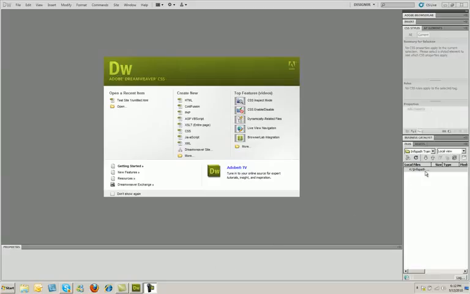You're also going to notice your work panels over here to the right. The most important work panel for us right now is going to be the Files and Assets panel down here in the lower right hand corner. And this is where you can see all the different documents and files that are going to go to make